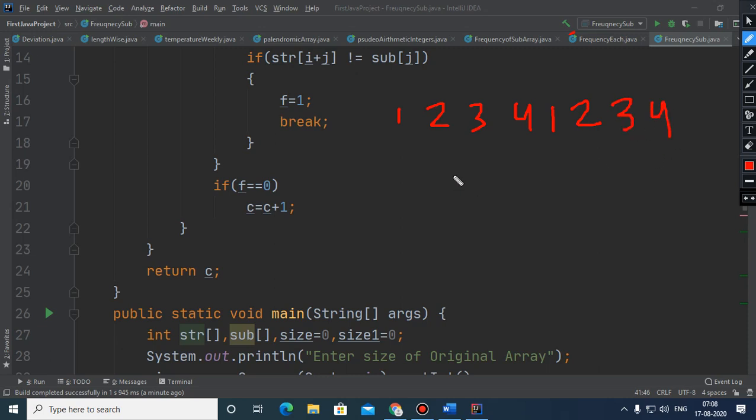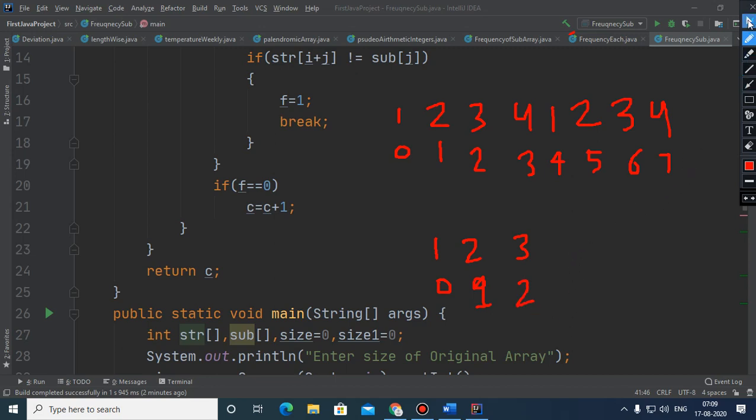And the index numbers are 0, 1, 2, 3, 4, 5, 6, and 7. And here the index numbers of the elements of the sub array are 0, 1, and 2.